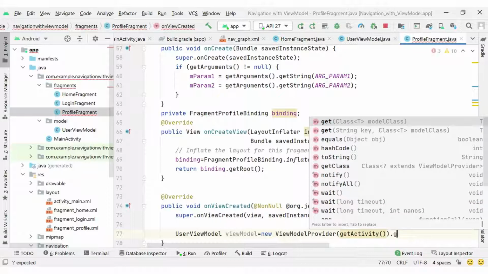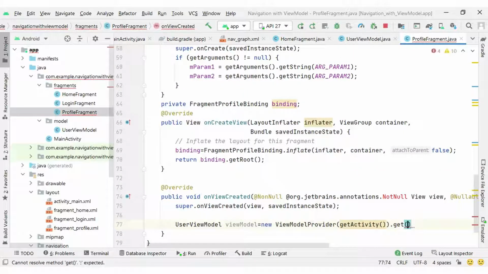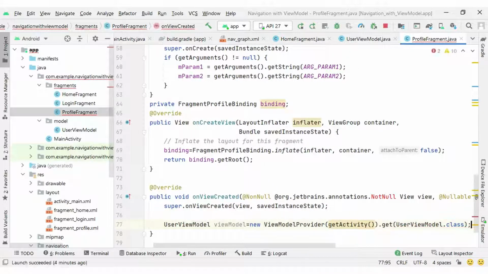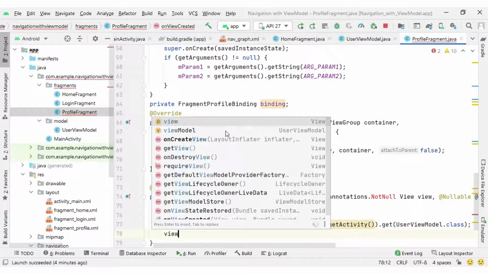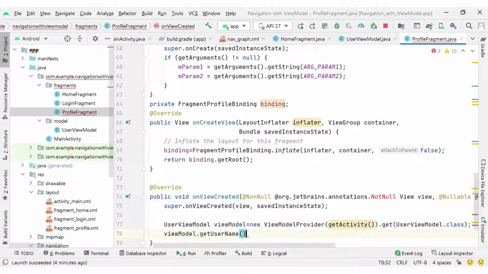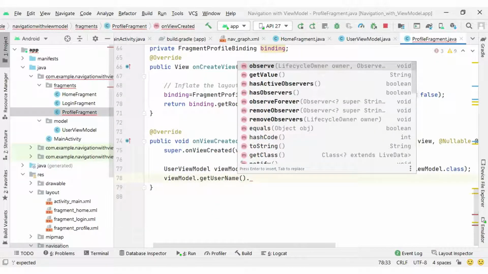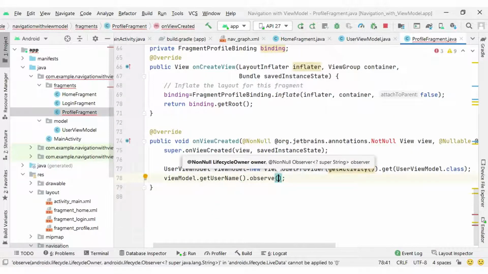provider, and the dot get method. Inside the get method we can pass UserViewModel.class, so that the class instance it will return, and with this instance I will call the getUsername method. It will return the LiveData instance, and with that LiveData instance we can call the observe method.